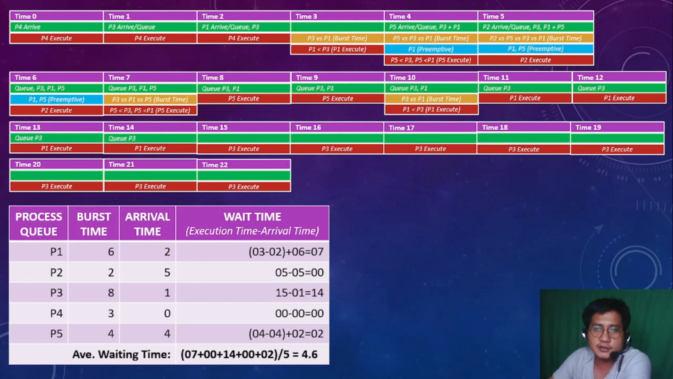While process 5 arrives at time 4. So here we have a time 4 since process 5 arrives at time 4, and then we have the arrival time of 4. So we are going to subtract 4 from time 4 for process 5, the time of arrival and execution. So it arrives and it executes at time 4. Since the arrival time is also 4, we have 0, and then